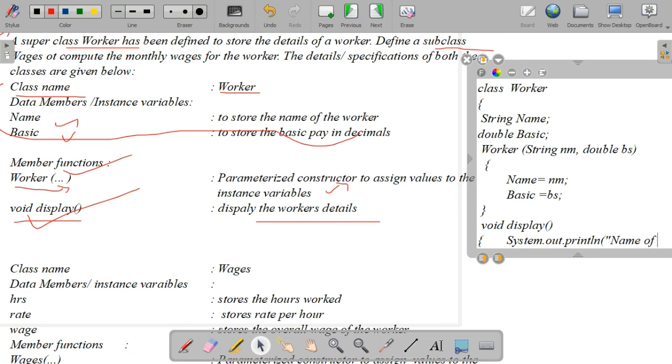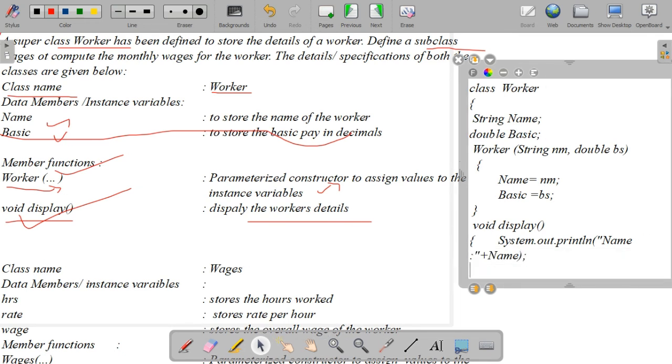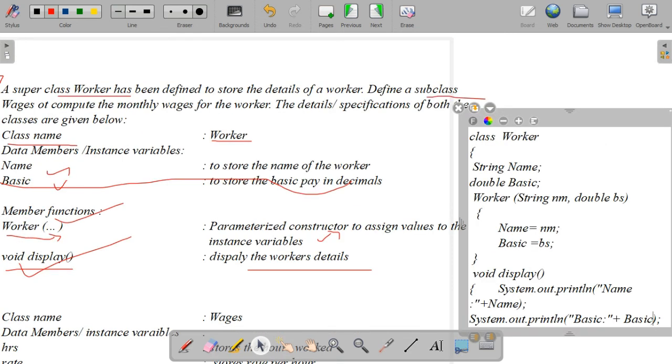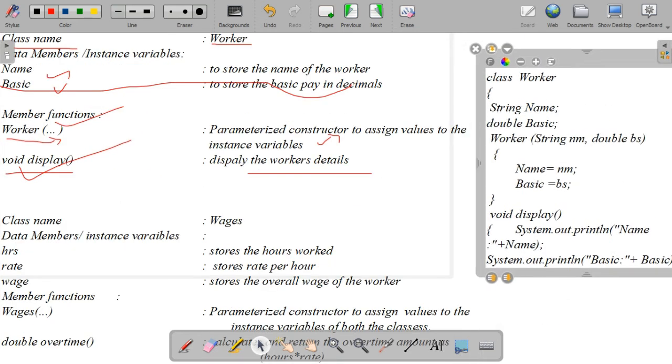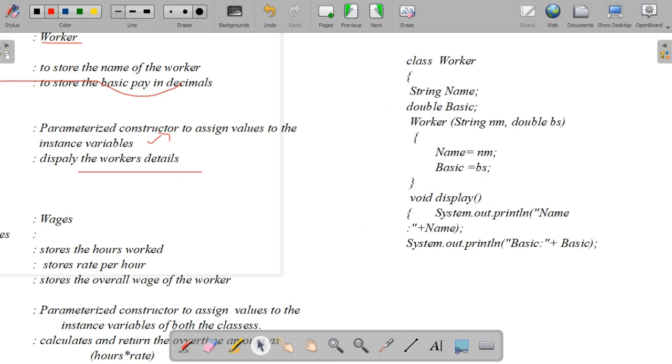Inside the brackets we print System.out.println of name of the worker, plus the instance variable name, and then the basic, the basic value, plus basic. So we have written the method.